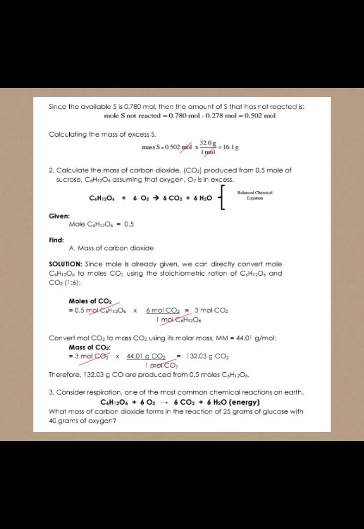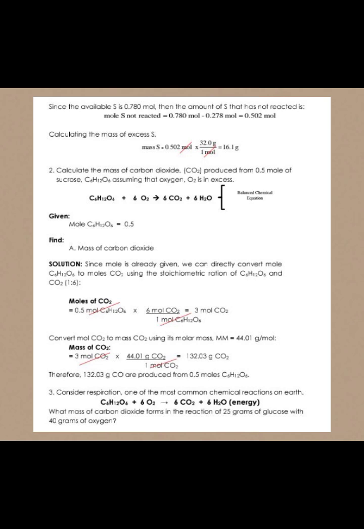Solution. Since moles are already given, we can directly convert mole C6H12O6 to mole CO2 using the stoichiometric ratio of C6H12O6 and CO2. Moles of CO2 equals 0.5 mole C6H12O6 times 6 mole CO2 over 1 mole C6H12O6 equals 3 mole CO2. Convert mole CO2 to mass CO2 using its molar mass, 44.01 grams per mole. Mass of CO2 equals 3 mole CO2 times 44.01 grams CO2 over 1 mole CO2 equals 132.03 grams CO2. Therefore, 132.03 grams CO2 is produced from 0.5 moles